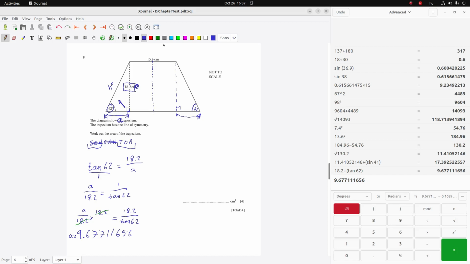So it's the area of a trapezium. What's the area of a trapezium? If you remember, it was A equals half of base plus top multiplied by H. H is 18.2. Base is this length plus this length plus this length. Top is this length. So we got A is equal to half plus the base, which is 9.67711656, plus this length